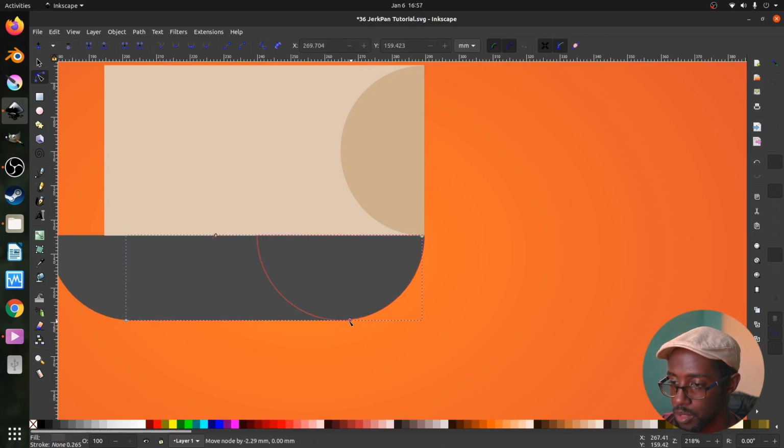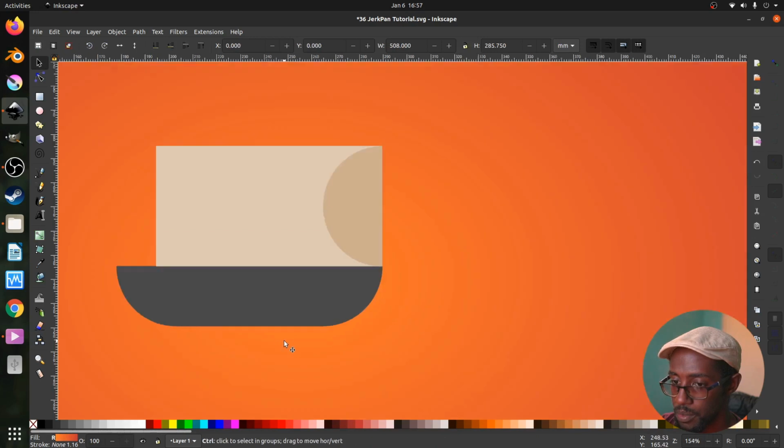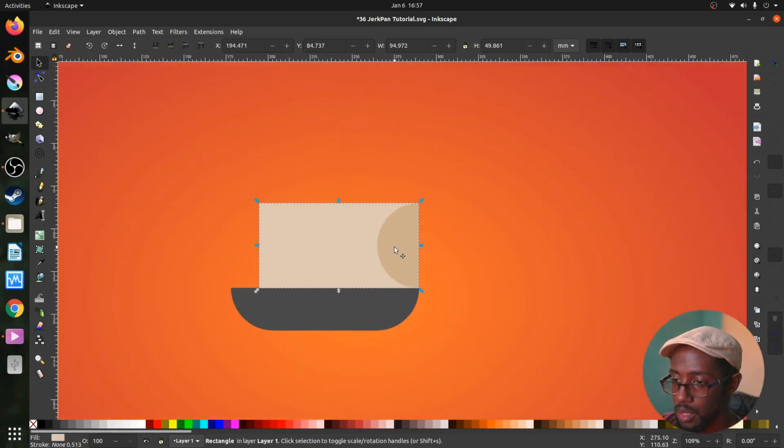Let me see if I can move this a bit down. It's protruding a bit. Yeah, that's a bit better. We're just going to duplicate this semicircle again. We're going to be using this semicircle quite a bit. I'm going to put it right here, and that's going to determine our